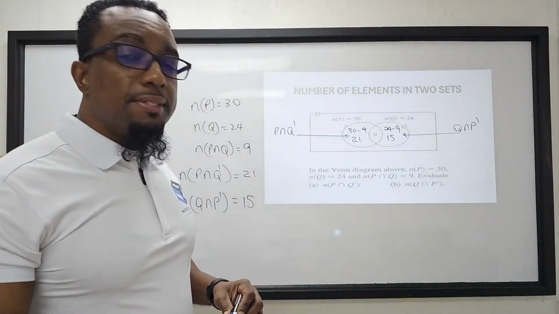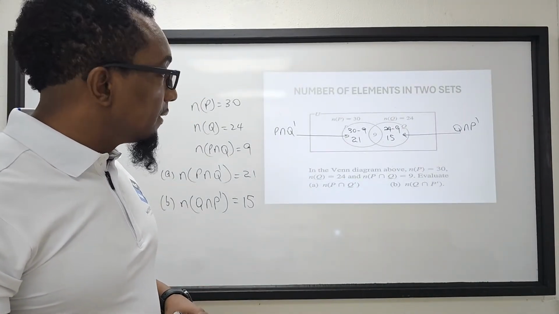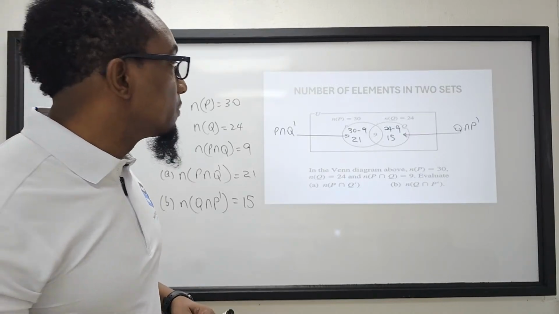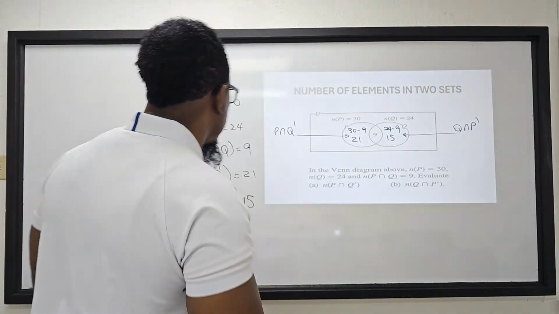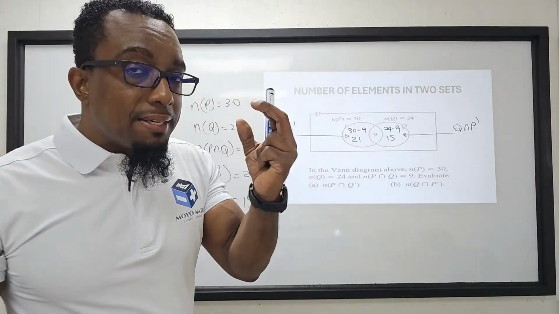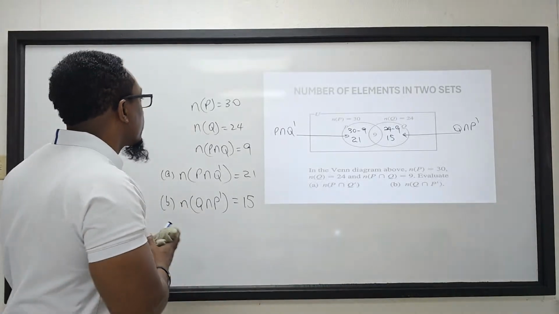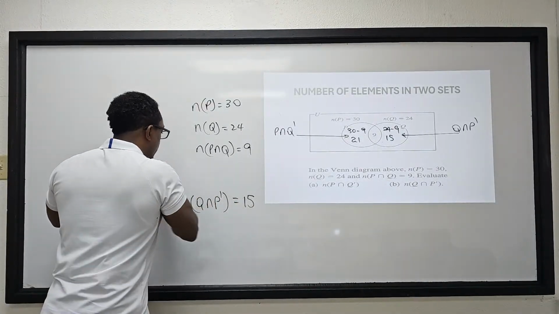Alright, so making sure we understand when we talk about number of elements, how it is calculated. Remember, when we see 30, 30 is not an element, it's a number of elements, okay? So let's look at